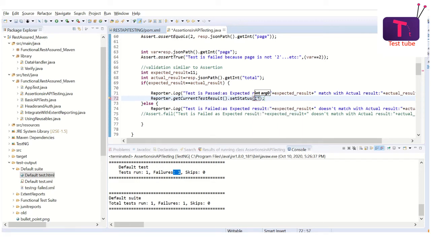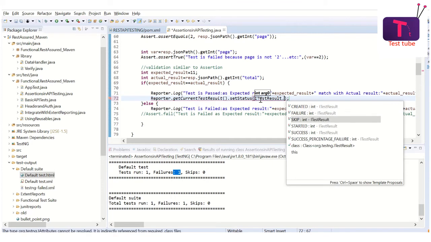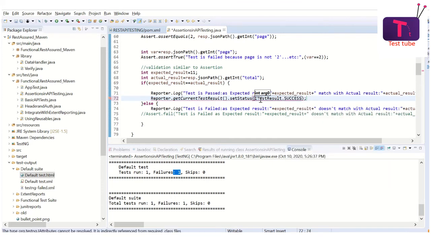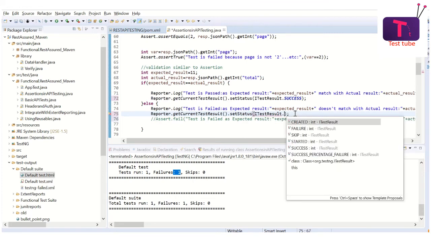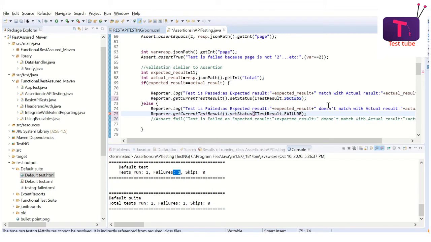Okay, I'm going to use its object ITestResult, which is static. So we see the success message over here. I have used this one. So if it is success, then it is going to mark the test case as success. And similarly, if it is failure, it is going to mark it as failure.